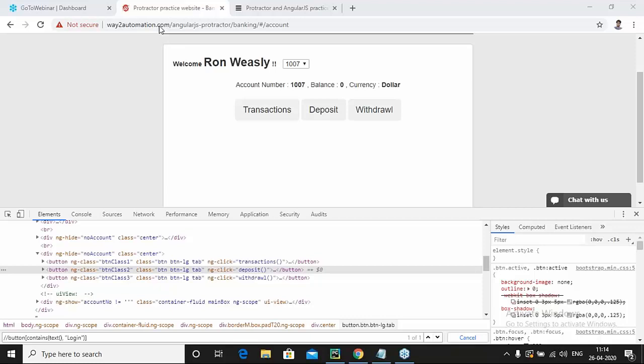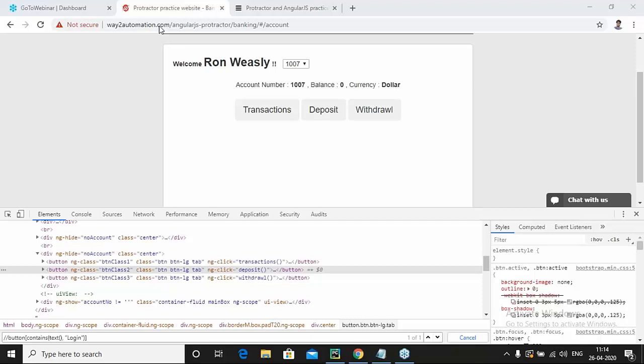Now if you click here, we have a text box. If I go to the text box and inspect it, this text box is again not having any unique attribute. So in this case, I will be using the attribute called placeholder. So I'll be saying input. Input is the name of the tag. The attribute we're using is called placeholder. You can see here, it simply mentions placeholder. The value for placeholder is amount. Now this is a unique XPath.